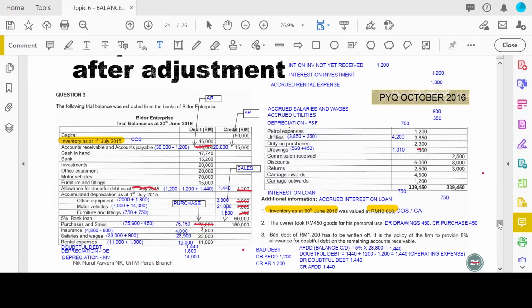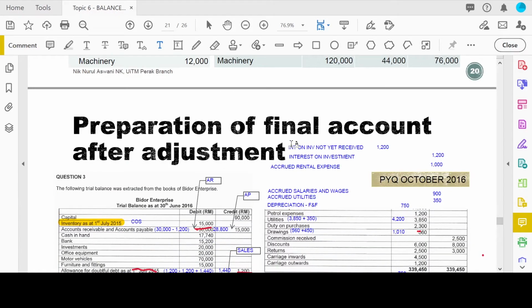Don't forget to create prepaid insurance. Where should I add this one? Maybe here. So I have adjusted insurance. Now I'm going to create a new account called prepaid insurance. Same amount but on the different side. So prepaid insurance is to be debited,